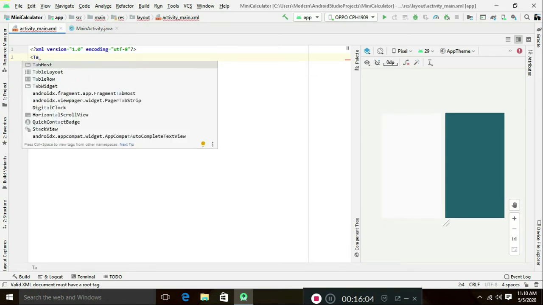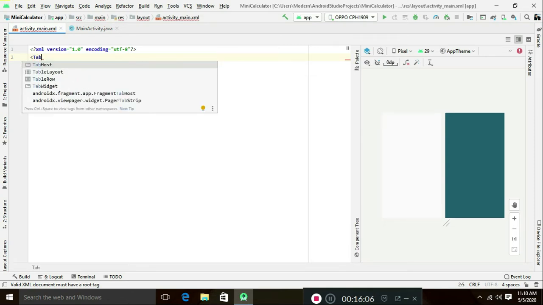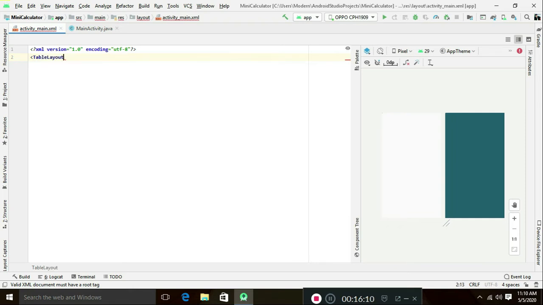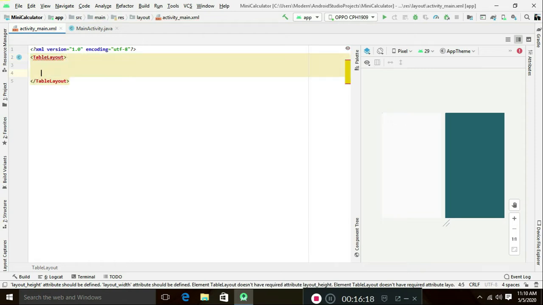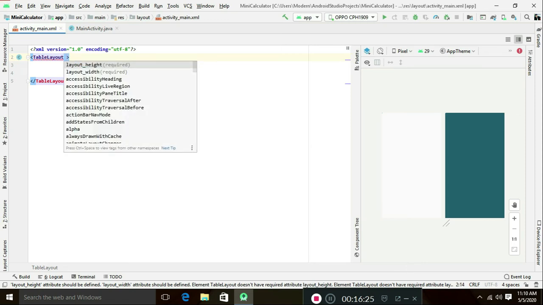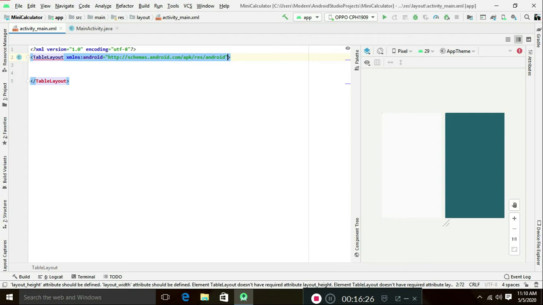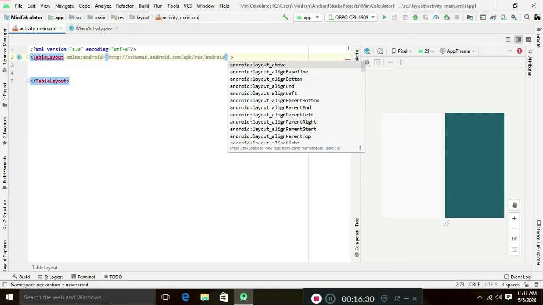First open the table layout tag and close the table layout tag. Already you cut the XML coding. You paste it in the open tag and give the layout a height and width.